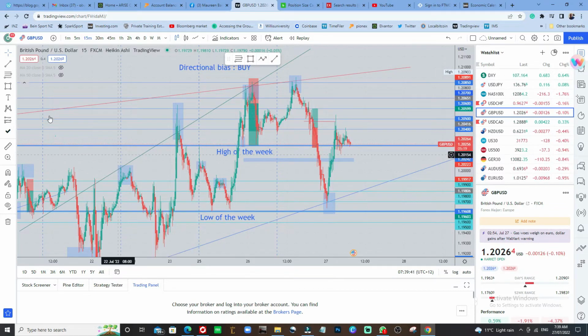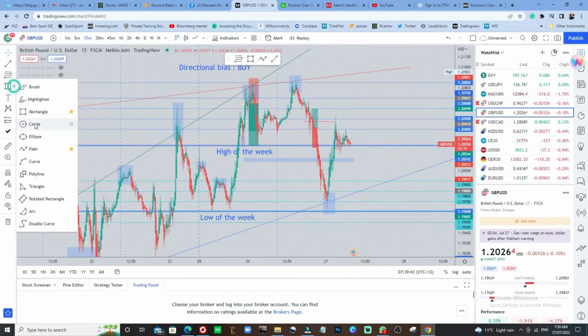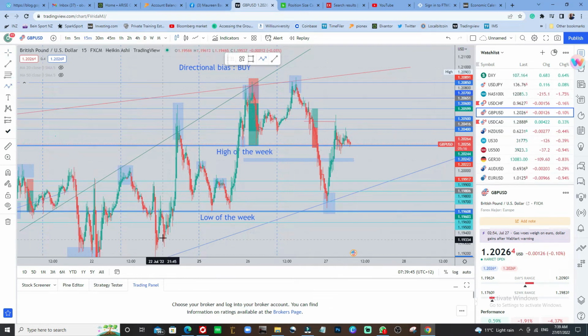Now, the fastest and the best way to identify a trading opportunity is by looking for W's. It's very, very easy. Look at it. The market came up here. Just look for a W, that's all. Or an M. When the market is here, take a buy. When it's here, take a sell. When it's here, take a buy. When it's here, take a sell. When it's here, take a buy.